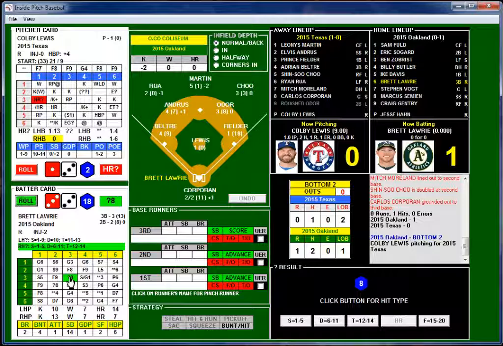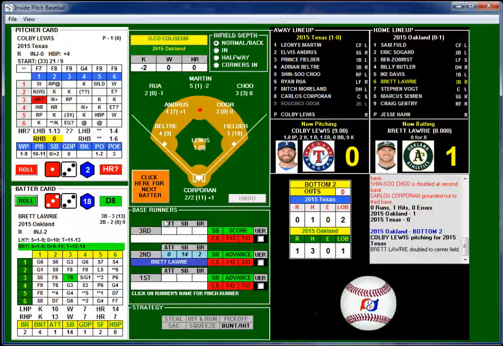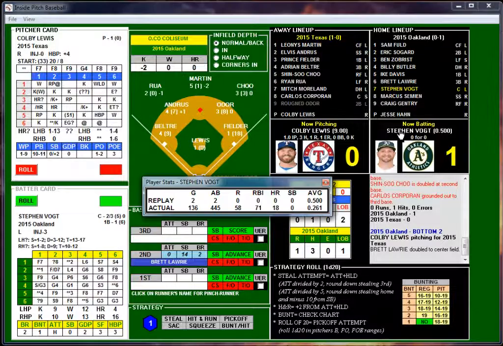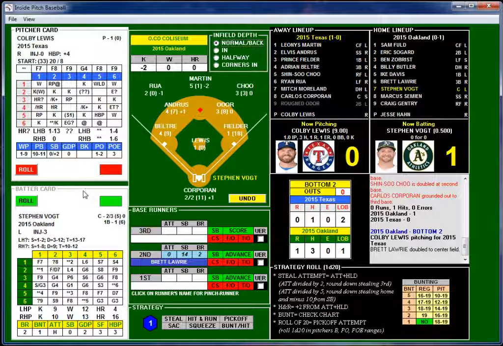33. Well, he's got himself an 8, which happens to be a double. He's going to hit himself a double into center field. And it's a double. And we've got a lot of big hitting going on here early in this game. And there we go. Steven Vogt. This is his second game, second at bat, and batting .500. 136 real games, 71 RBIs, 18 home runs, no stolen bases, .261 average. Oh, he's got a chance at an RBI here with no outs.